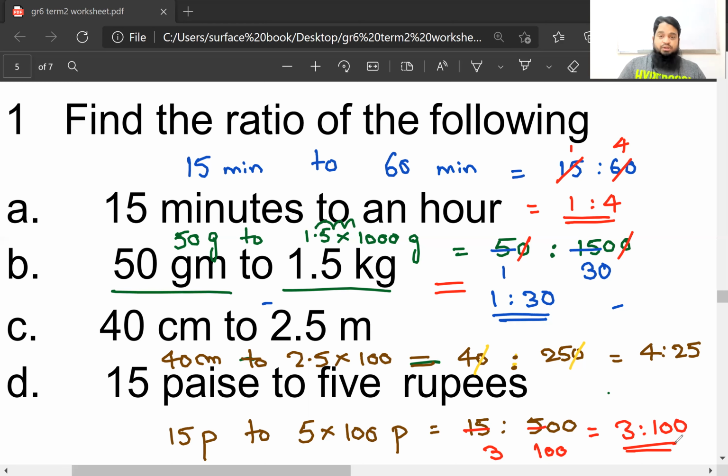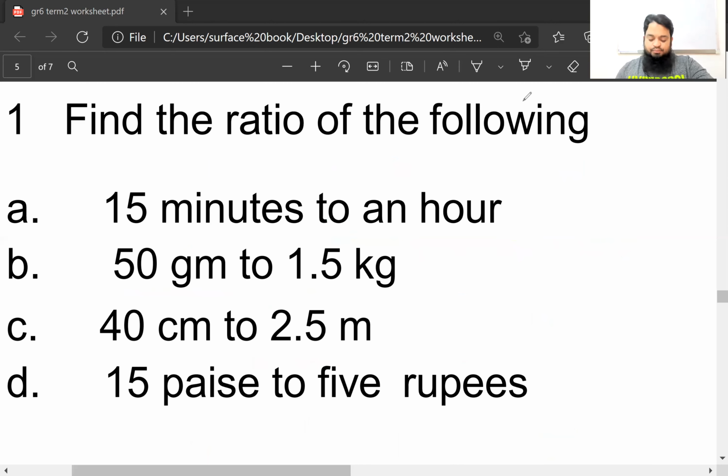I hope everybody understood it, right? If you want, you can copy or just go through this. And those who don't know, after going through these problems, just pause the video and do it separately later, without looking, and then you will understand the concept. Now let us go for the next problems.